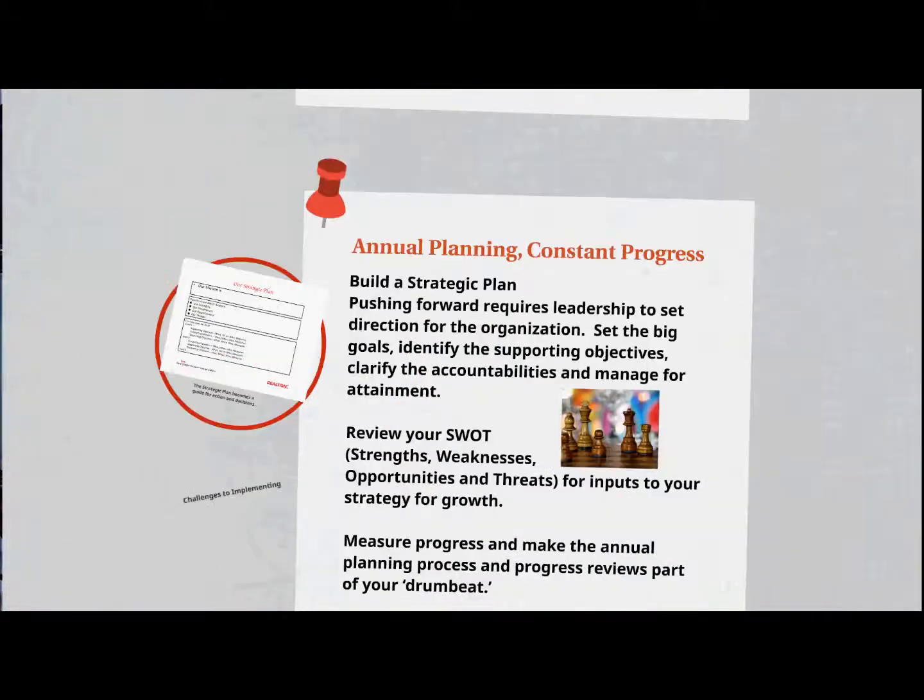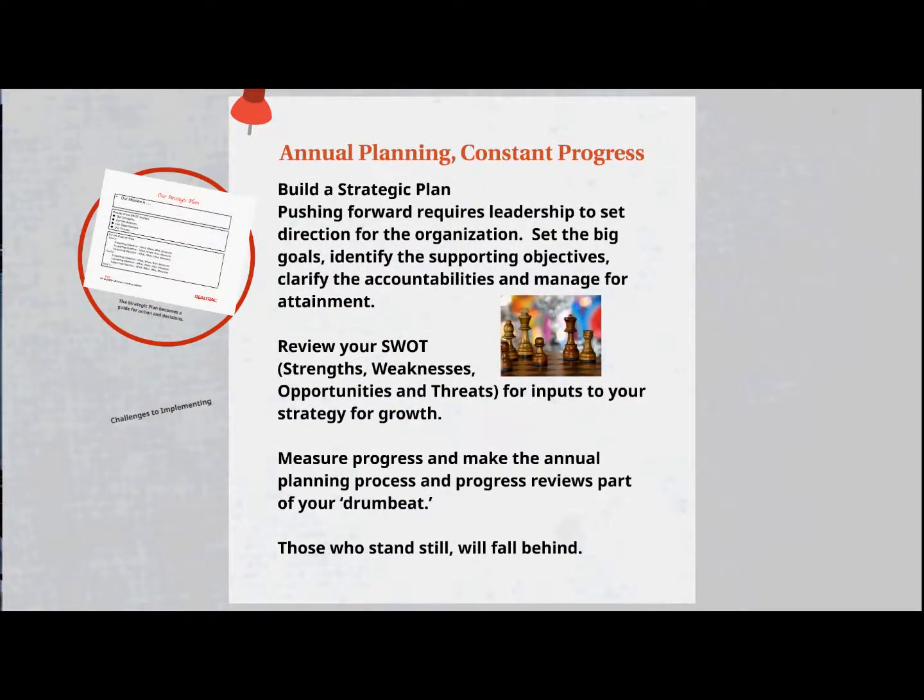Our fifth best practice is annual planning and constant progress. A best practice among the very best machine shops is to build a strategic plan, to push forward, requiring leadership to set direction for the organization, set the big goals, identify the supporting objectives, clarify the accountabilities, and manage for